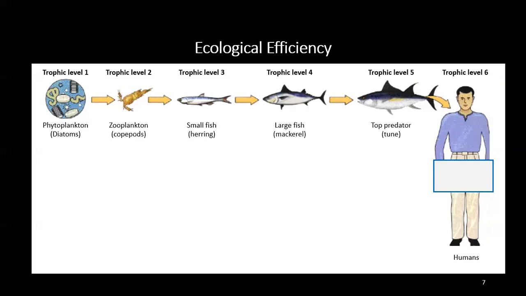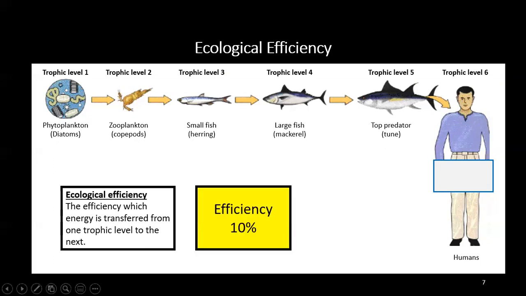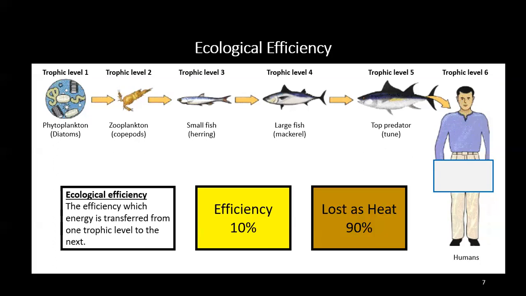Ecological efficiency. Ecological efficiency is the efficiency at which energy is transferred from one trophic level to the next. In marine ecosystems, the ecological efficiency averages at 10%, with 90% lost as heat. In the food chain shown above, 6 trophic levels are listed to demonstrate